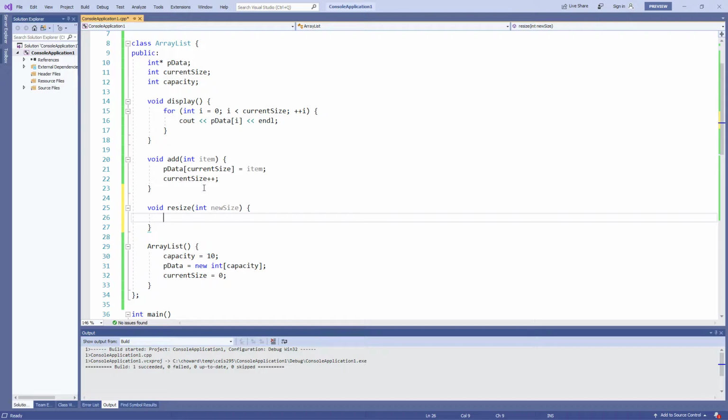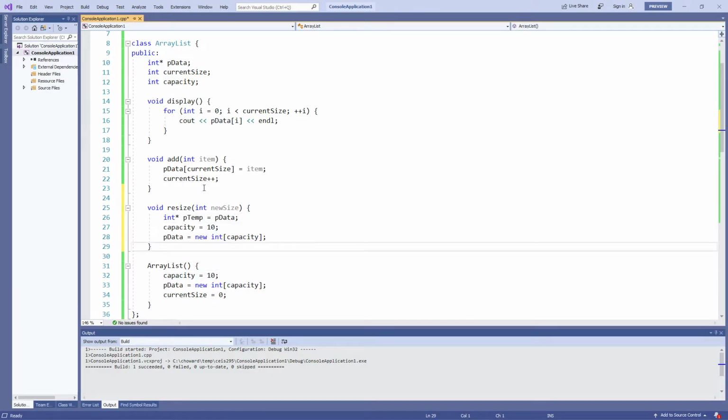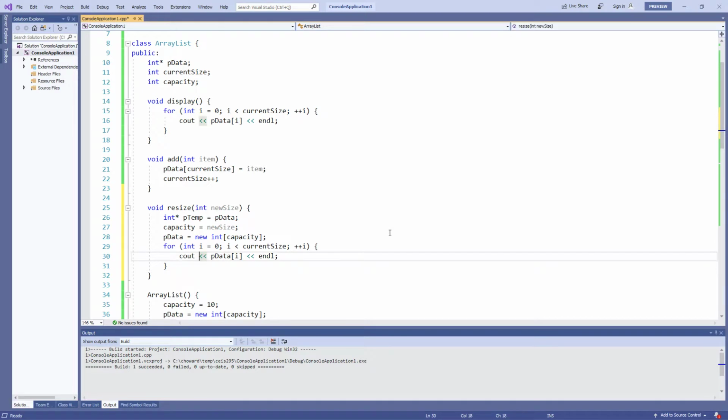So to do that, we create a temporary integer pointer that is equal to the current list or the old list. And then just as we did in the constructor, we set the capacity and allocate data, but this time not 10, but whatever the new size needs to be. We allocate that data. Now we're going to do a loop that's very similar to the display loop, but we're going to copy,